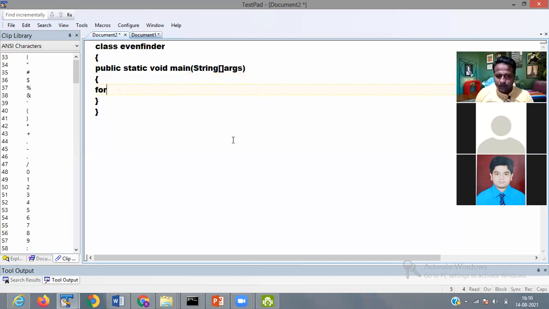Then for (int num1 = 10; num1 <= 100; num1 = num1 + 1). You can define int here, num1, num2.